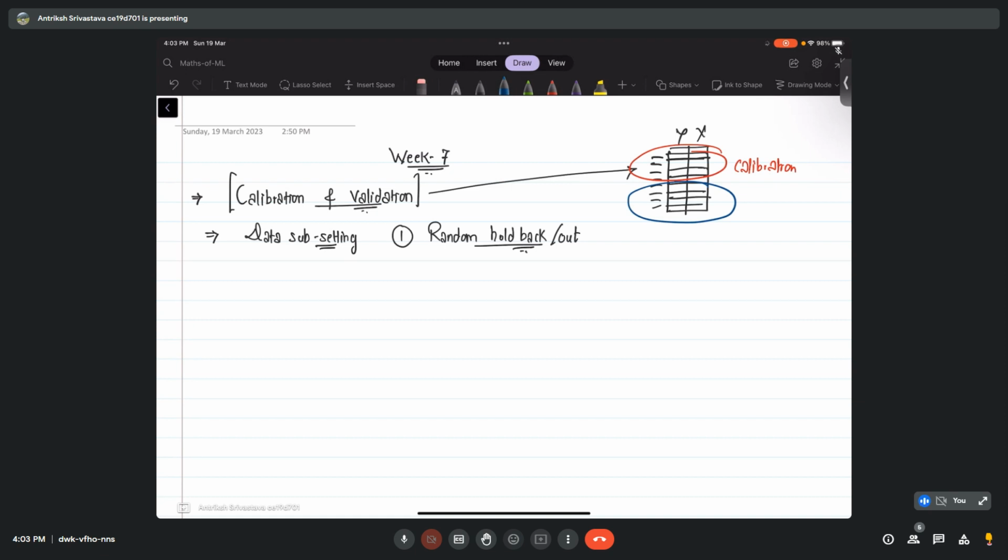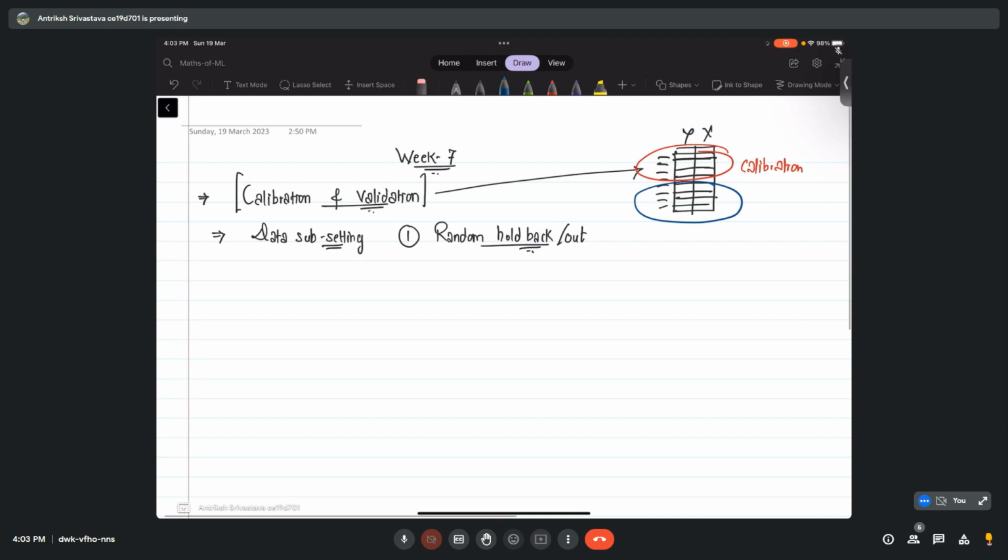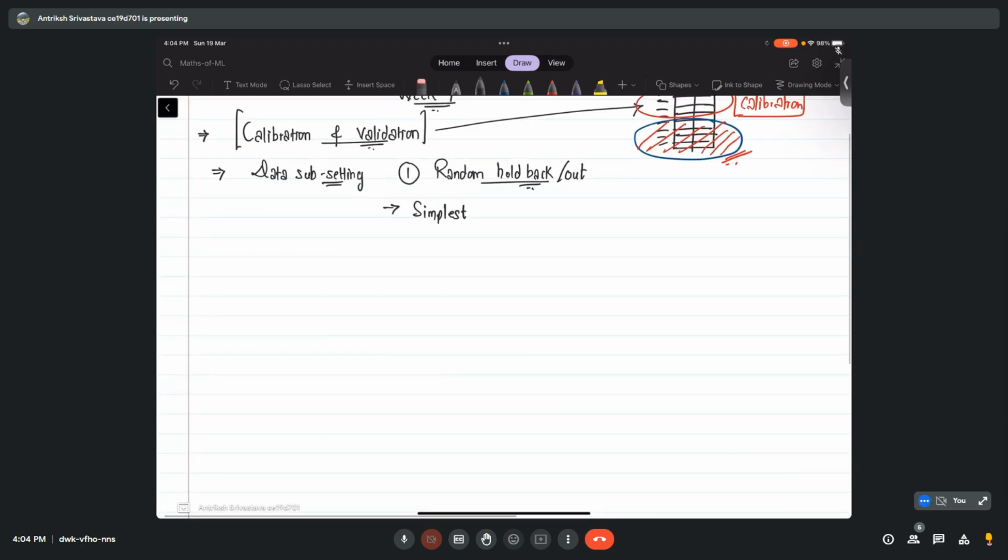So when we say random holdback, you can imagine that it is holding back some of the data for validation and giving out some of the data for calibration. So it's the simplest kind of cross validation. That is the good thing going for this technique. And one thing to keep in mind when we are doing this random holdback or give out kind of calibration and validation, that